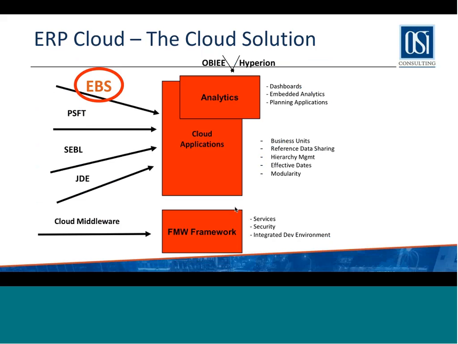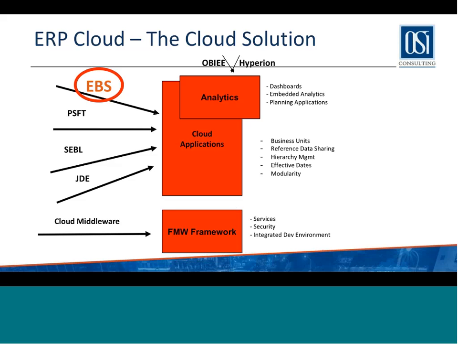So talking a little bit about the cloud solution. For those of you that have followed Oracle's evolution in this space, Oracle had EBS as the original ERP solution, and then over the years they acquired a bunch of other applications. And then they had middleware called Fusion that they developed as Fusion middleware. What they then did was put together all of these applications into an application called Fusion applications, which was the Fusion ERP, which then was rebadged as the cloud application. So Fusion is no longer being sold on-prem, it is only sold on the cloud.